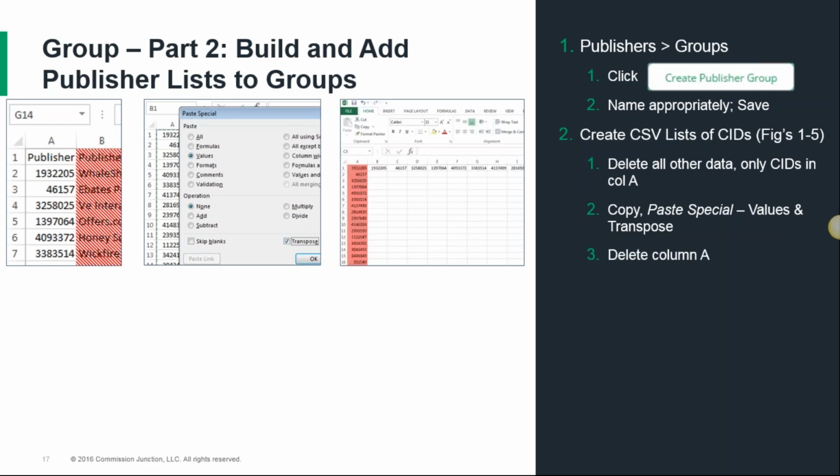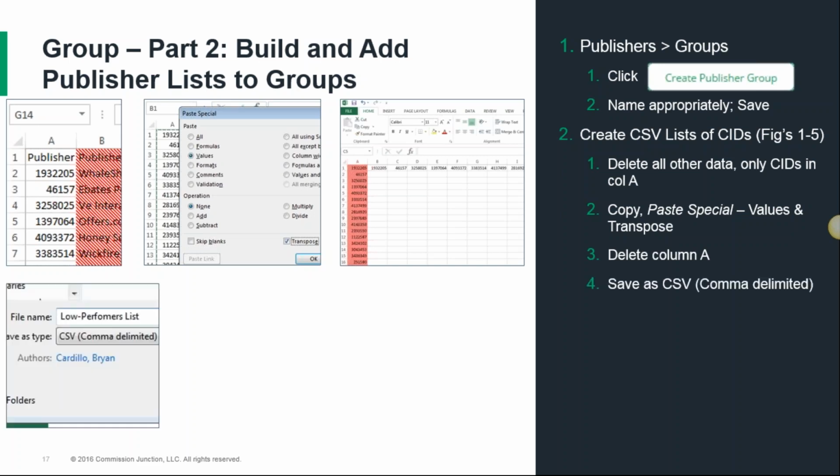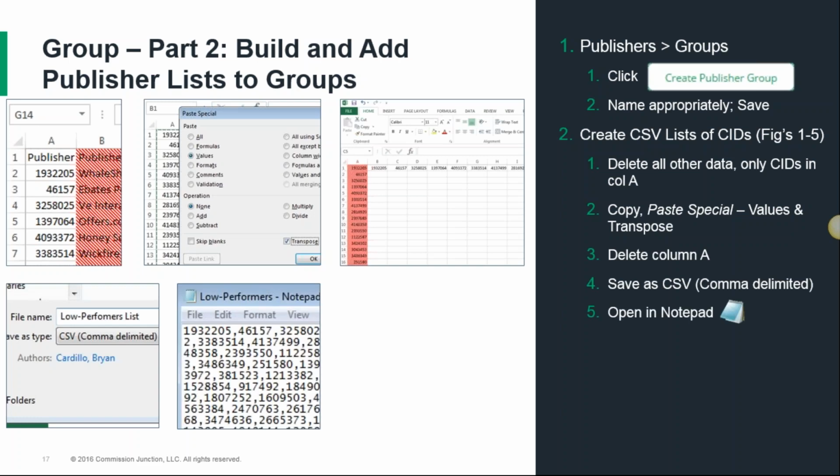This will flip your CIDs sideways. You can delete column A now, leaving only your sideways list of CIDs, and then save as a CSV file, or comma-separated values, and close. You'll open this list in Notepad or another text editor to get your comma-separated lists of CIDs. This is the list you're going to use to build your groups.